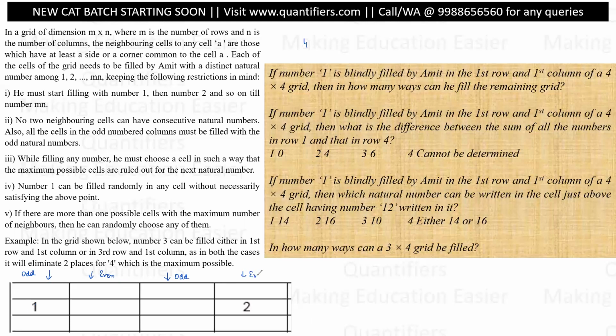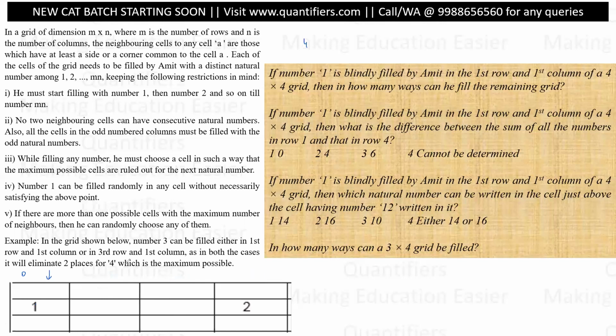Also, do not misunderstand it in this way that we are filling the odd cells with odd numbers. What if we are filling odd numbers in even columns? Maybe I fill 3 over here, will that work? No, it won't work. Why? Because if you are filling it by 3, you are basically using a place which is meant for an even number, because then an even number cannot be placed over here. Then there will be at least one vacant cell and you will not be able to fill all the numbers, right? I hope you are getting my point. Right, so odd, even, odd, even.